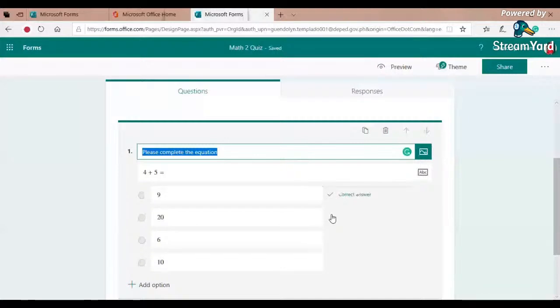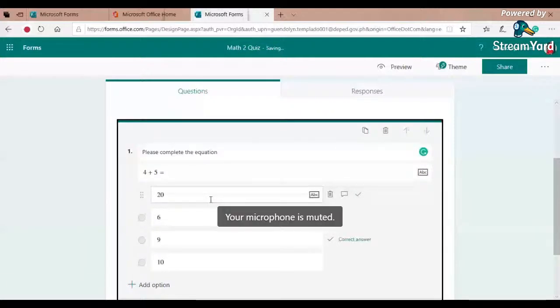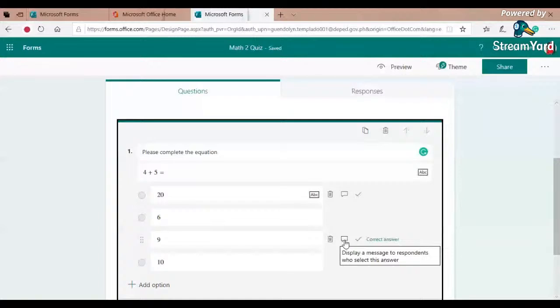I don't want that 9 to be in the first position, so I will drag that one down here. And if you want to delete or change an option, you can do that also. Then you can display a message to respondents who select this answer.